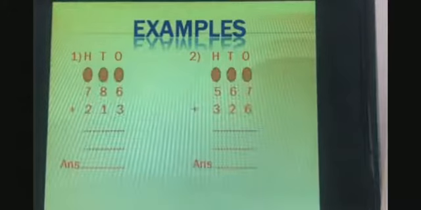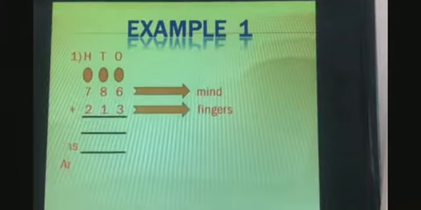Kids, as you all know, we are revising the whole topics this week. So today is the time to revise addition sums with and without carry. I have taken two examples to revise this topic. These are the two examples. One is without carry and one is with carry. Let's take the first example, without carry.